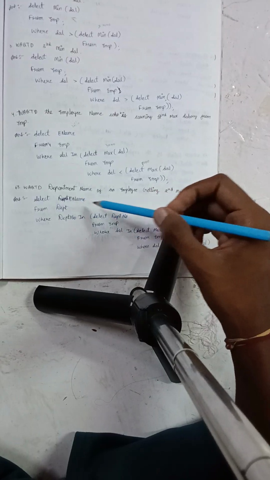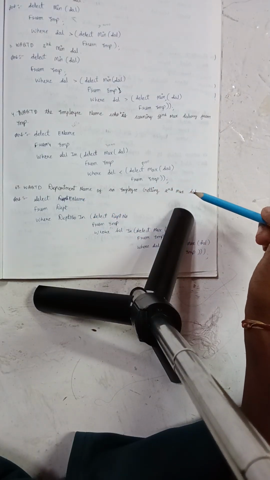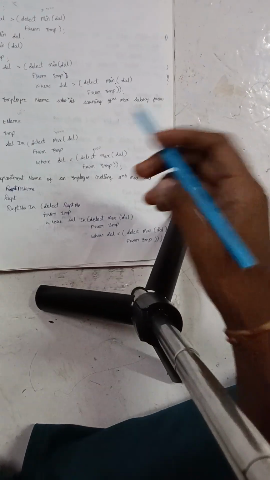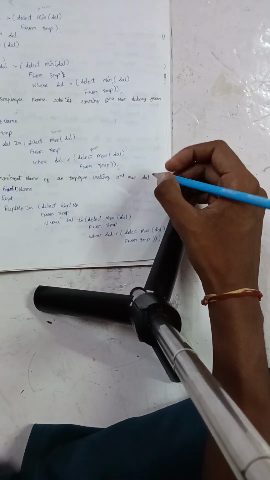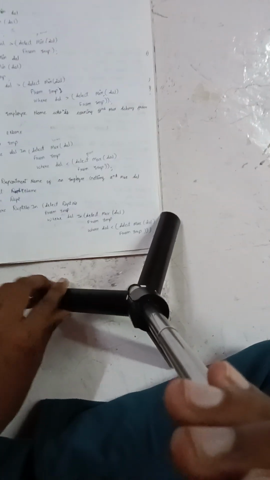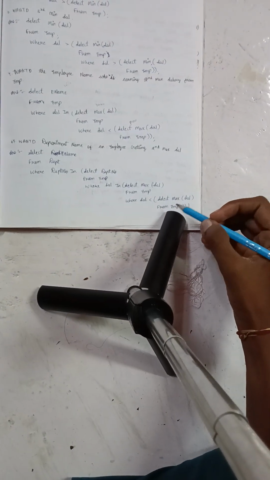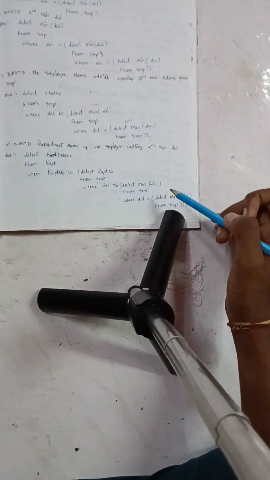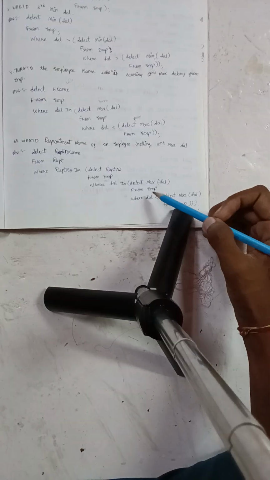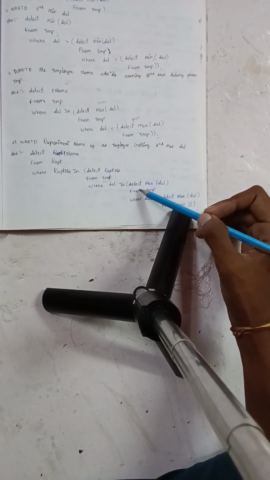Write a query to display the department name of an employee getting the second maximum salary. So here we want to know about the department name. In the employee table we don't have the department name, so we are discussing how to get it. Select max of sal from EMP. Here we will get the maximum salary. Then select max of sal from EMP where salary less than. Here we will get the second maximum salary, and it is present